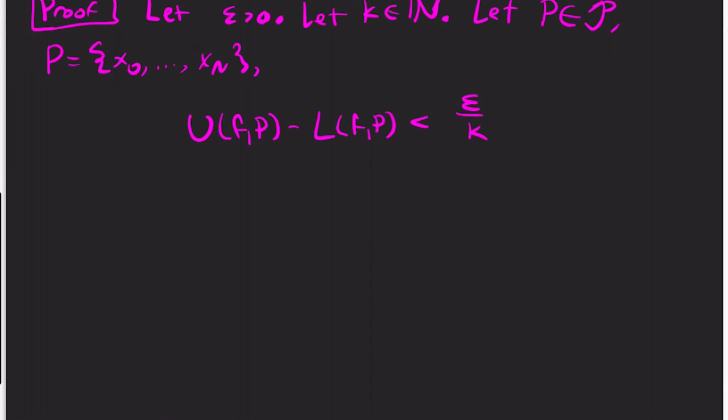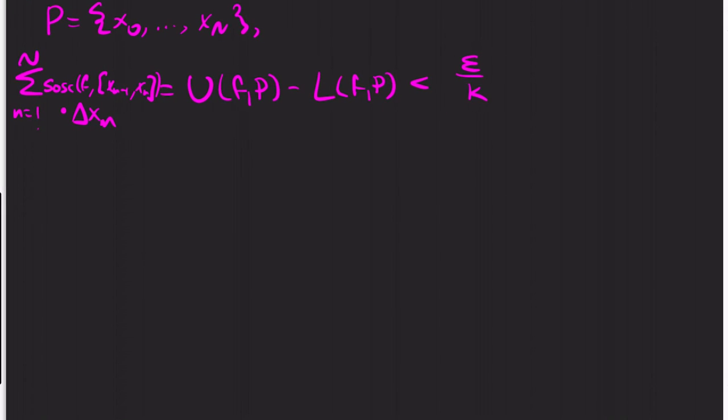So the upper sum minus the lower sum is the set oscillation of f times delta xn. I didn't leave enough space here. That's really xn minus x(n-1). So that is what the upper minus lower sum is. And now I'm going to define B to be the set of all n between 1 and N such that the open interval x(n-1) to xn intersected